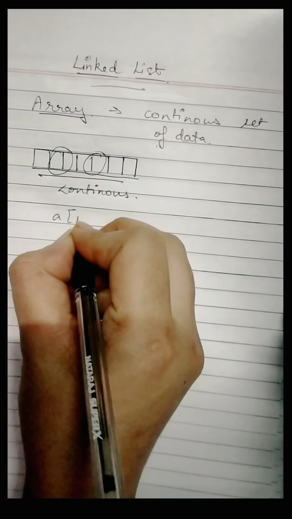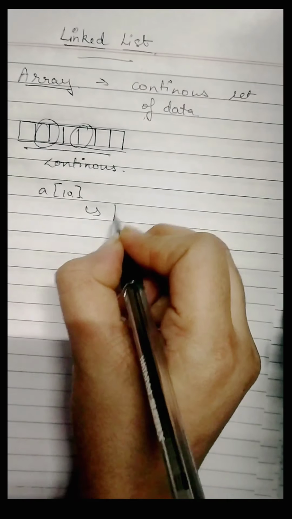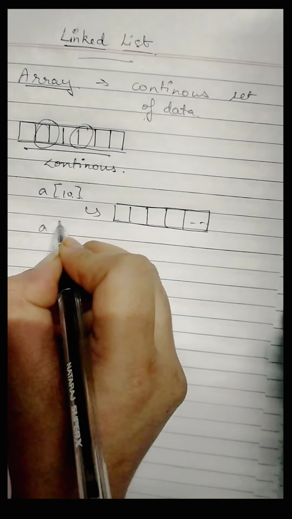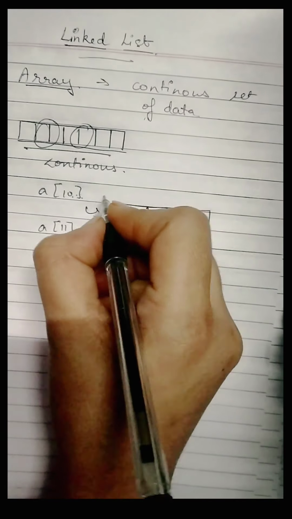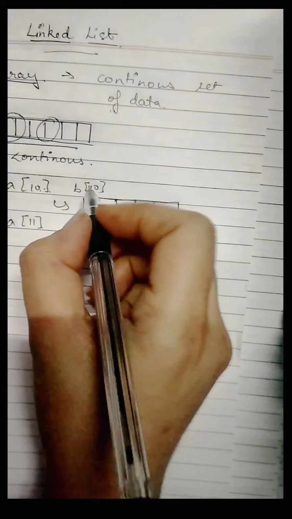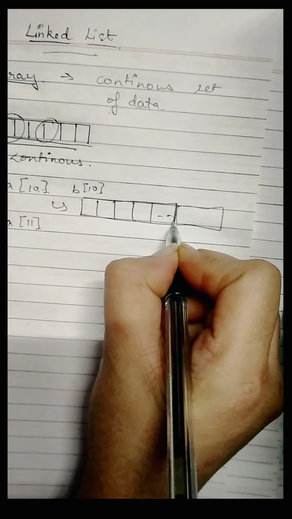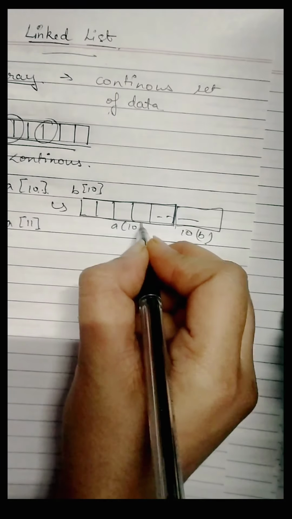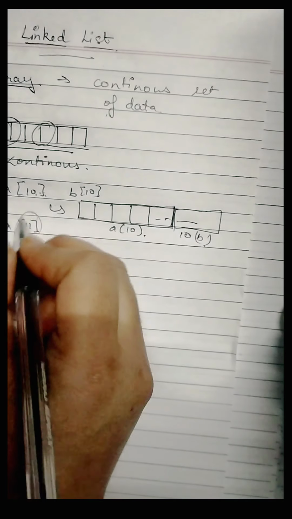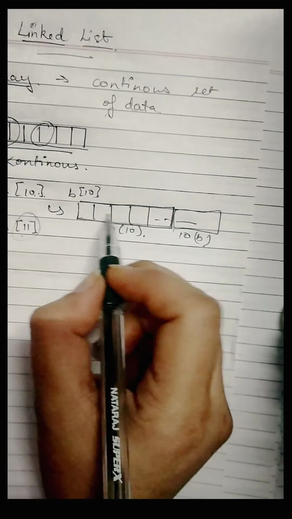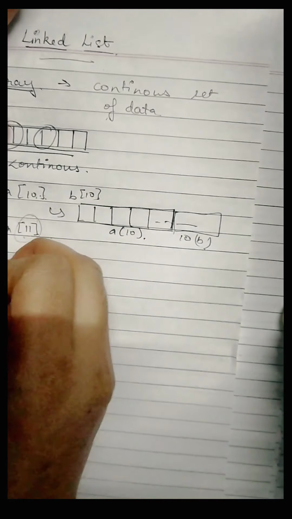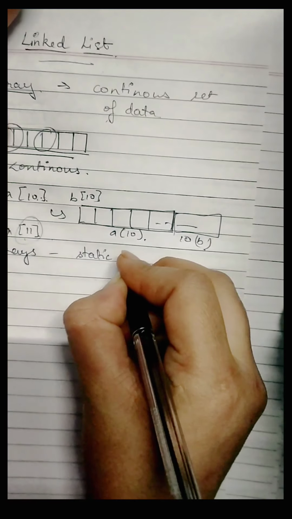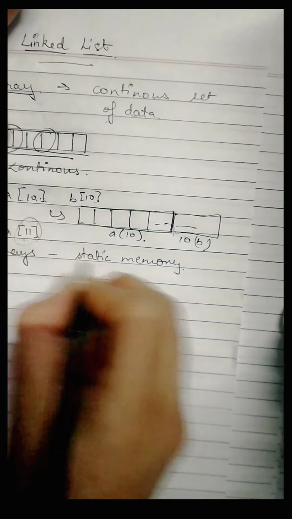For example, I'm defining a[10]. Now what this will do, it will go into the memory location and occupy 10 spaces accordingly. If I'm inserting an 11th element, now after a[10] I have declared b[10]. What it will do, it will automatically go to the next destination and allocate 10 memory spaces to b. This had been allocated to a. Now if I want to access another element of A or insert another element of array A, that won't be possible because arrays follow static memory allocation. That is, once the memory is defined, you cannot change it in between of the program.